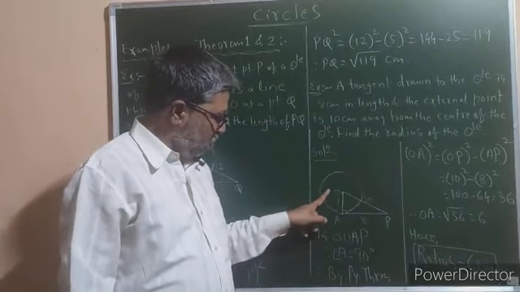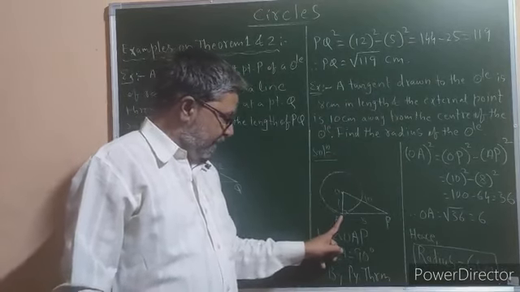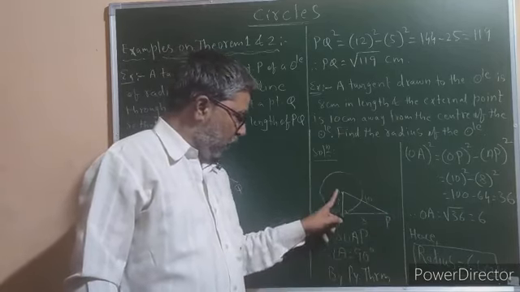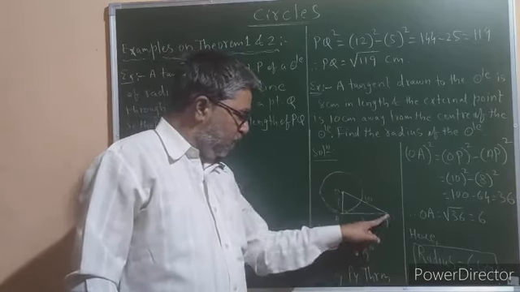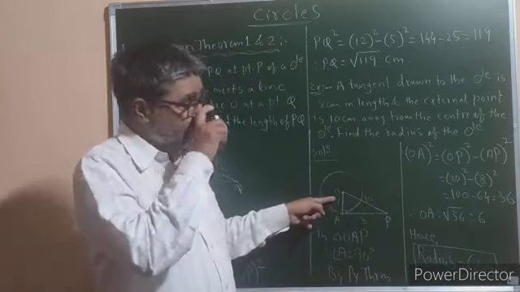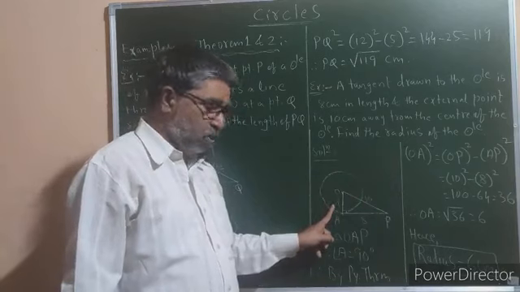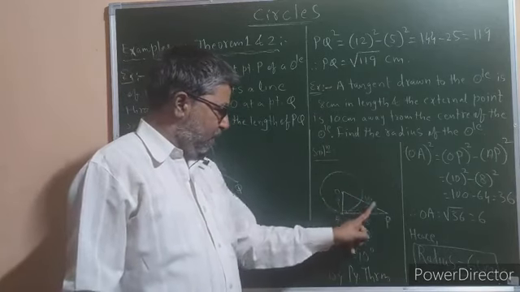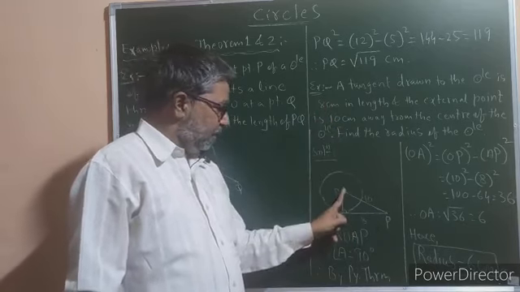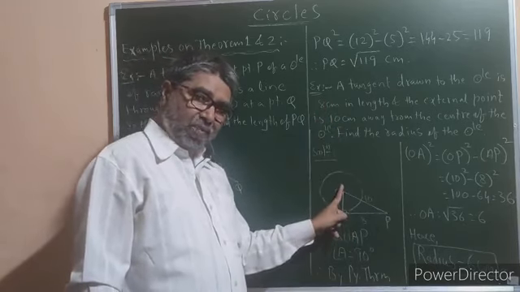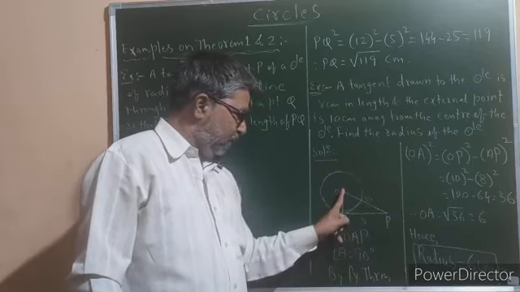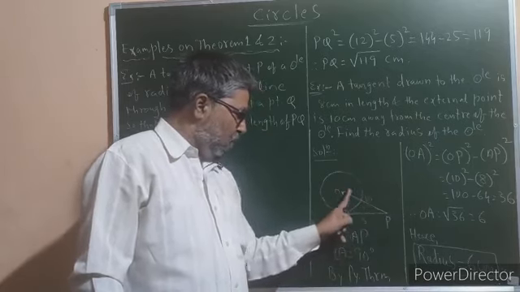Again draw the figure. O is the center of the circle, A is point of contact, P is an external point. Join O to A to P, and P to O. So OA, radius of the circle, it is asked, therefore put a question mark here, and length of the tangent is 8 centimeter, it is given. Then the distance between the center of the circle and external point is 10 centimeter. So mention 10 on OP.